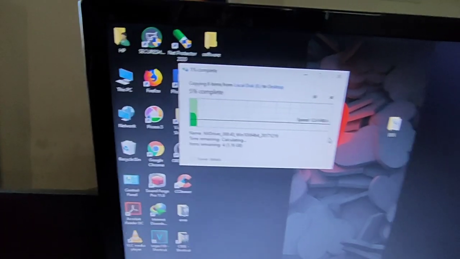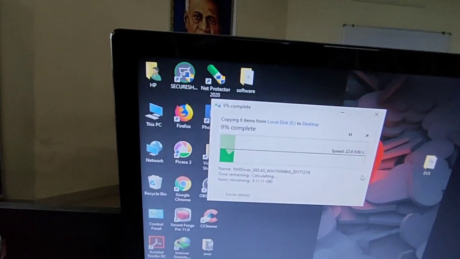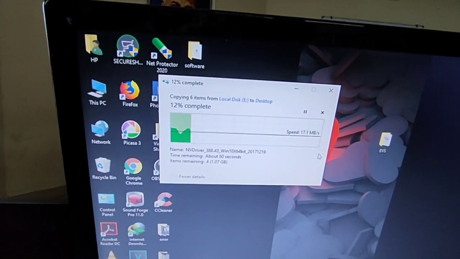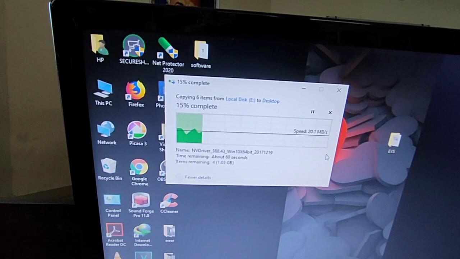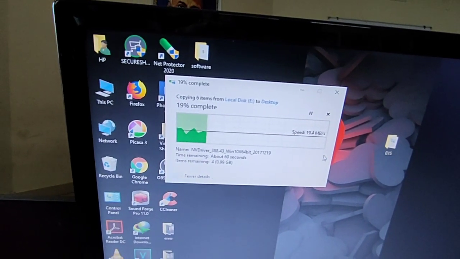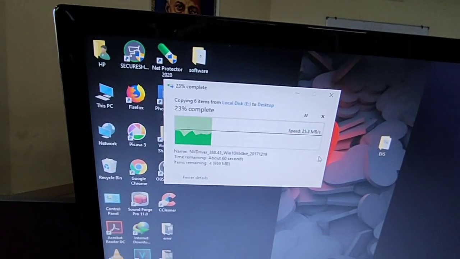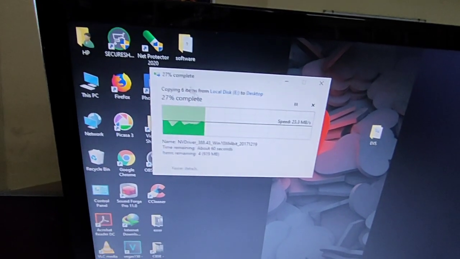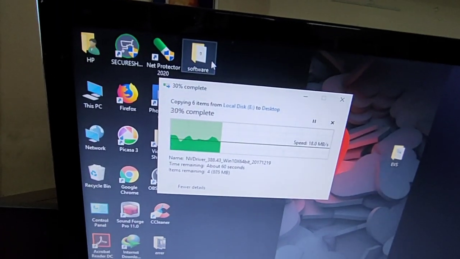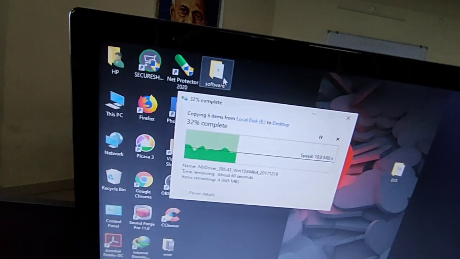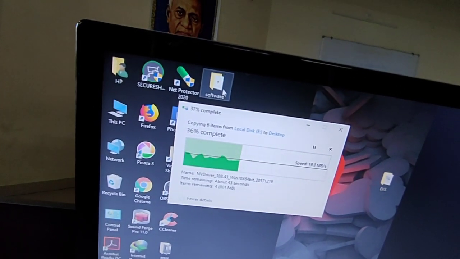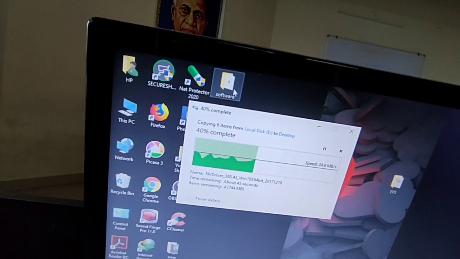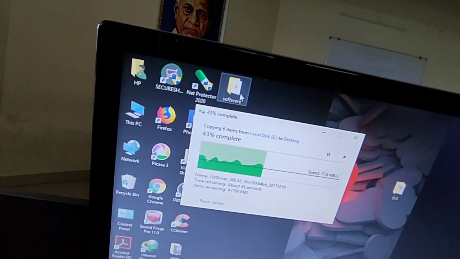Yes. So this is the process by which you can move your software folder from your drive to the desktop. So this is your topic, moving or copying a file or folder.